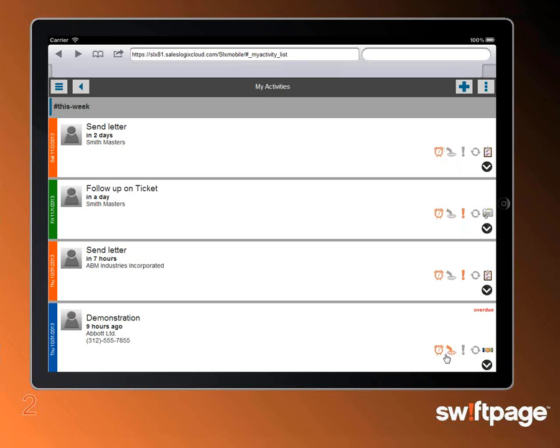So I can actually get a hot, cold, warm feel for some of the activities or accounts that I might need to pay attention to because I have or I have not touched base with them in the last 7 days. Of course, that's configurable, so you can make that 7 days, 1 hour, 2 weeks, whatever you determine you want that to be. But for me, it's just 7 days.